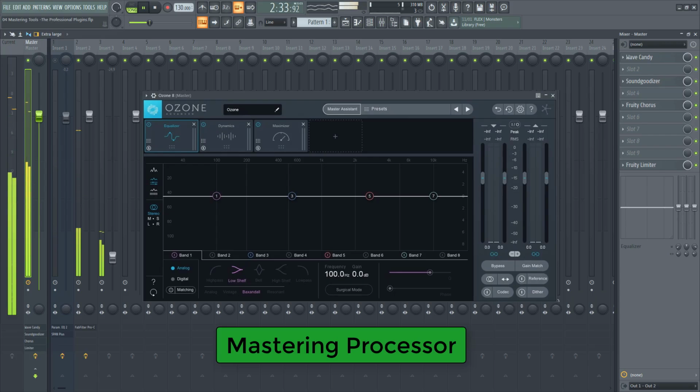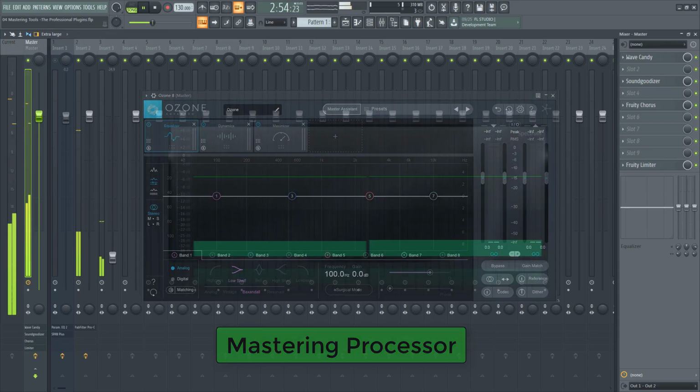I do use it many times in my projects for mastering as my clients ask me to master using iZotope Ozone. But still, it is up to you guys how you want to do the mastering, as there are many different options available out there and iZotope Ozone is definitely one of them.